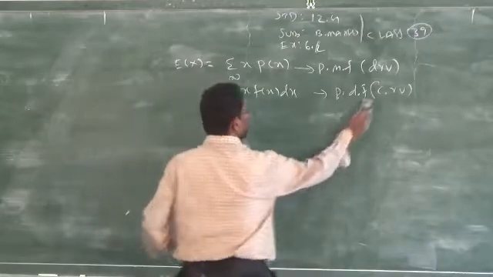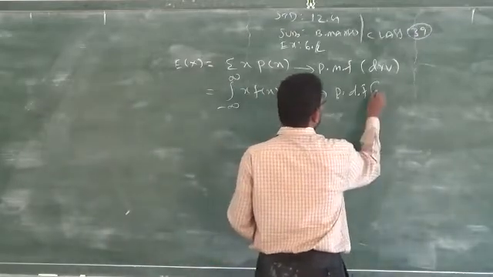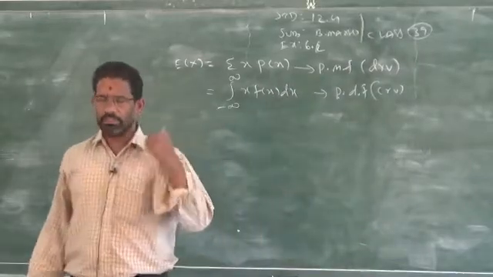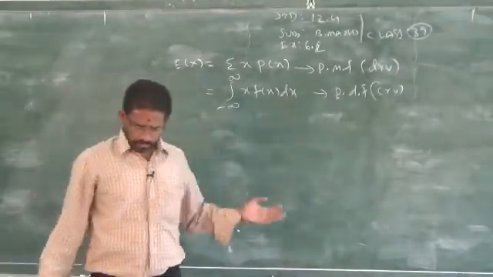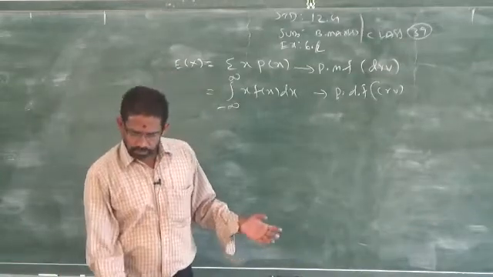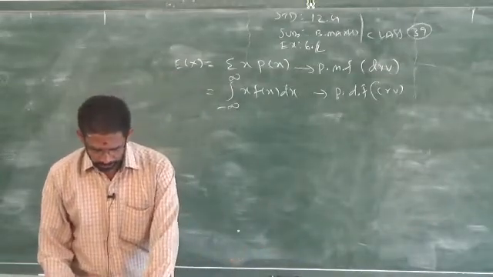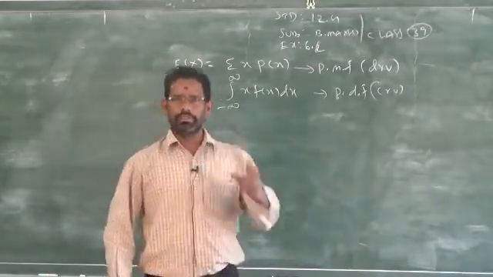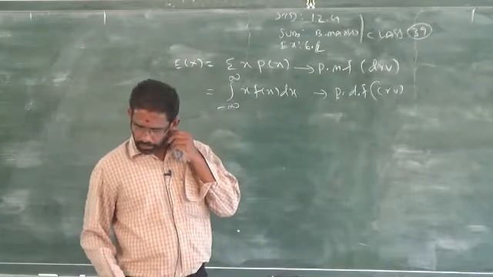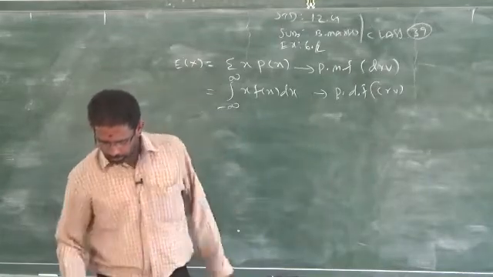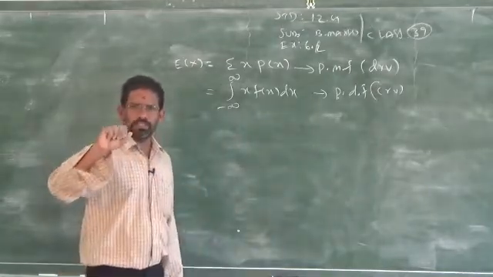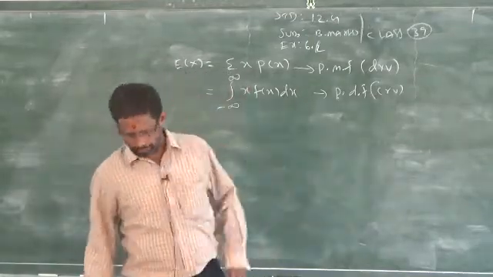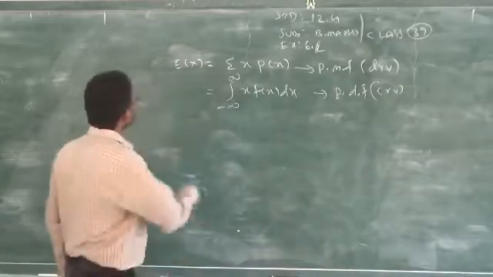The definitions I will send through the group. Clear? It doesn't matter about the definitions. I will send all the definitions through WhatsApp for the chapter exercise number 6.1. We have some definitions, 10 questions from question number 11 to 20. All these we will send to the group. Clear? You will receive the answers for all the descriptive questions in the group, and some questions are there in exercise number 2 also. Those definitions and theoretical parts will be sent straight away through WhatsApp. Then I will explain later. Clear?